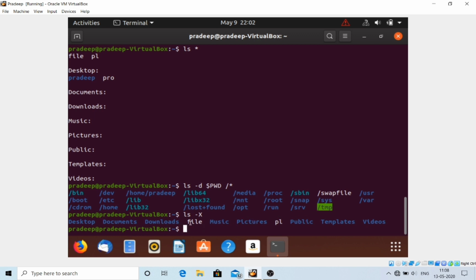You can see here the extension names, D F M P T V. So you can see here it is in extension order.